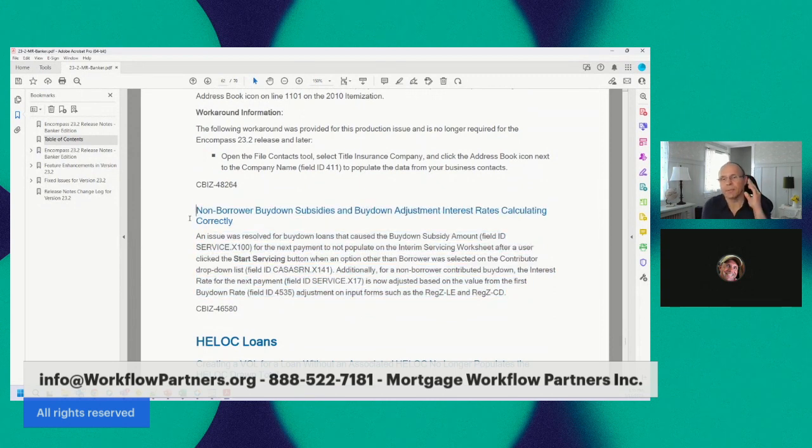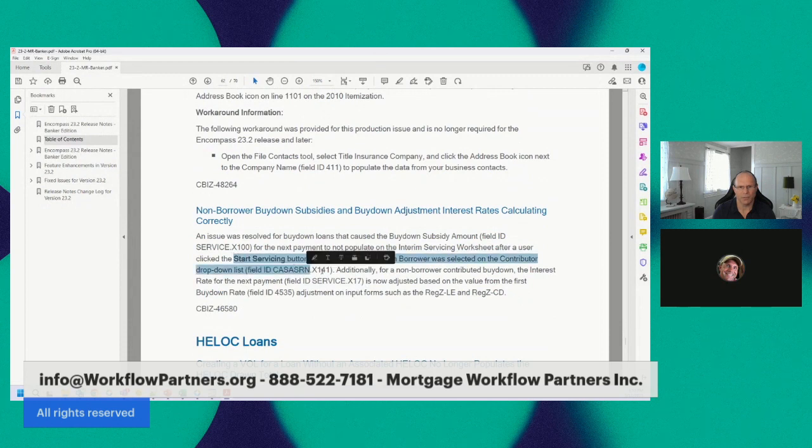So I'm kind of geeking out here, but basically I have a whole thing where you had to build out a new workflow, because the buy down subsidy doesn't go into the interim servicing, which means the first payment letter doesn't show the proper amounts that are due from the borrower. I still don't know if this is going to solve the big problem, because I had to create a custom input form and a custom print form and a custom first payment letter. So I don't know if this is going to fix it, because it doesn't talk about all that, but it does talk about